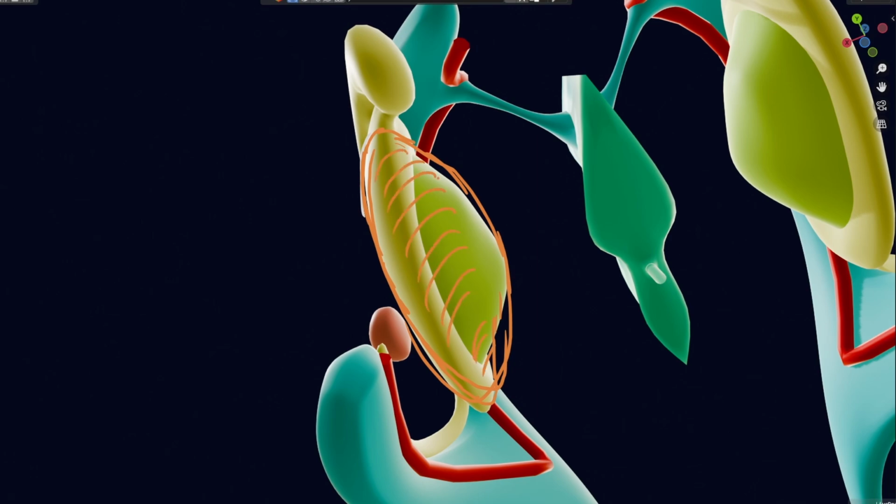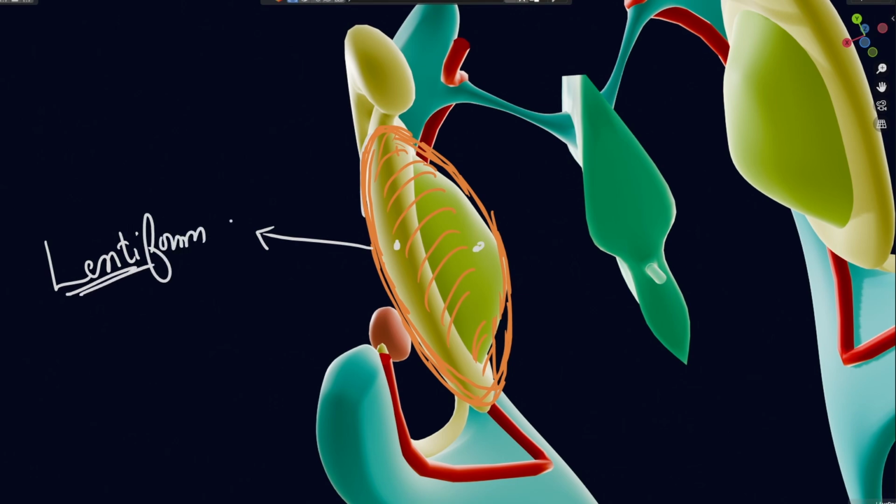Of course, not perfectly, but somehow you can see that. That is why both of these structures together, the putamen and globus pallidus, are called the lentiform nucleus. Lenti means lens. The lentiform nucleus consists of